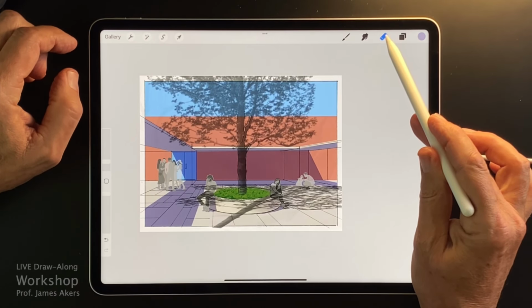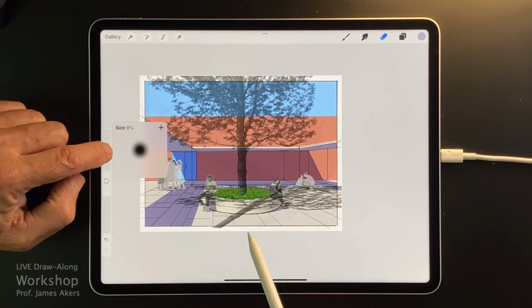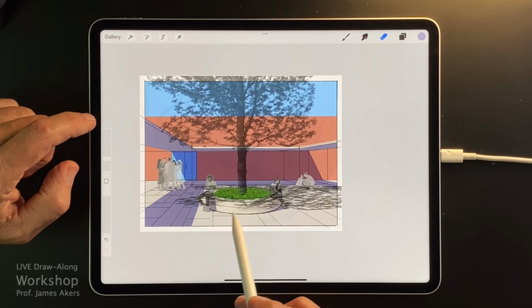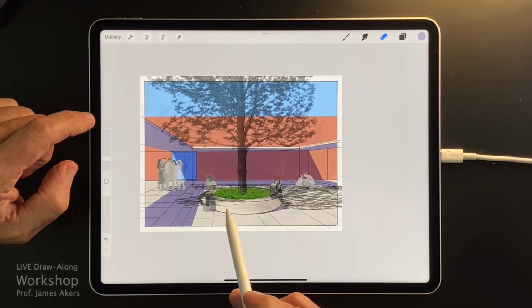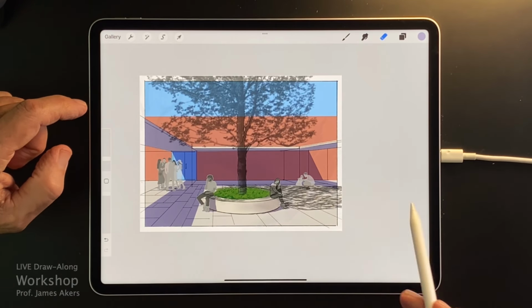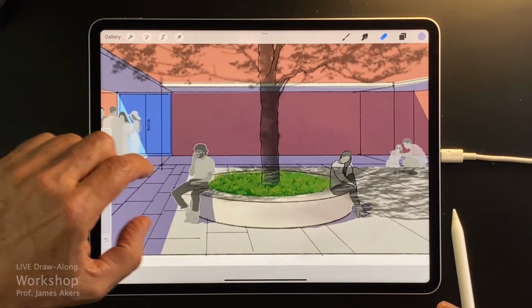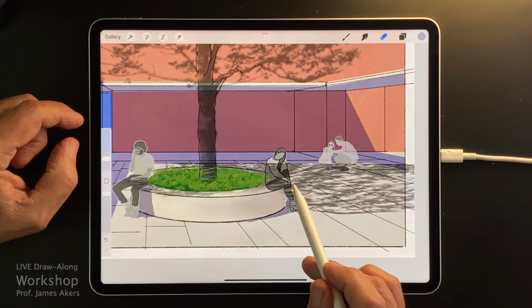I'm in the eraser library. I'll make sure airbrush is picked, and I'll just take out the part of that shadow that wouldn't be there and leave the part that would be, and I can even have some leaves projected. So you can see how quick that was, and how realistic it was.